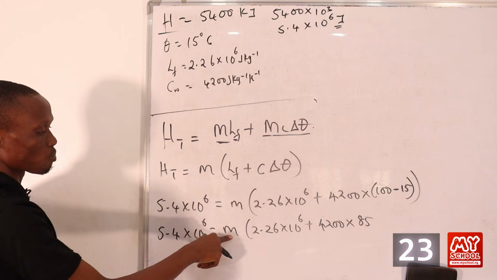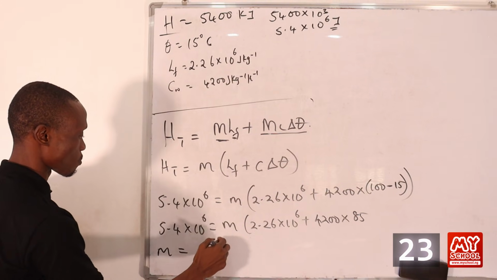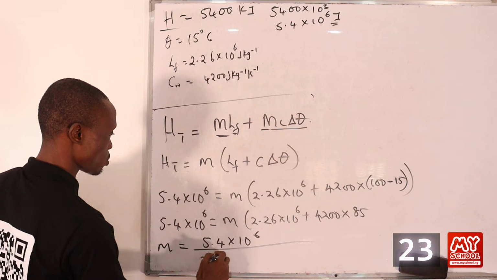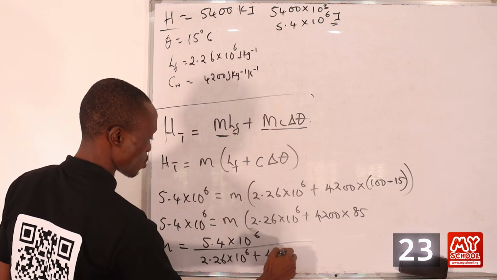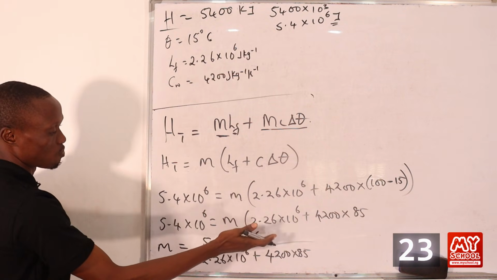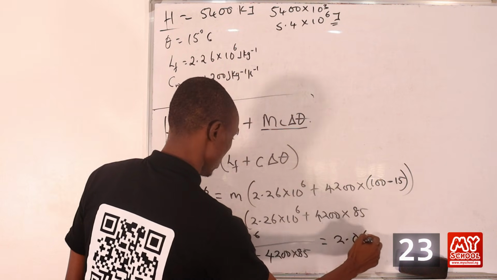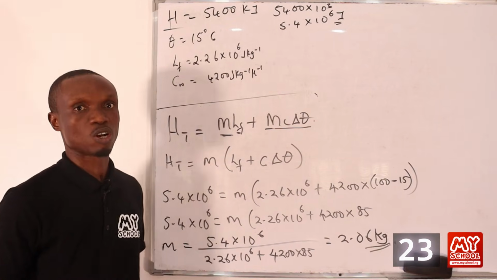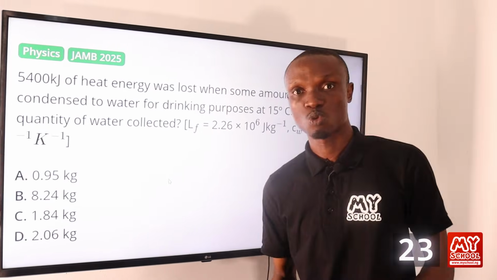Since we are looking for m, we just make m the subject of formula. So we have m equal to 5.4 times 10 raised to power 6 all over 2.26 times 10 raised to power 6 plus 4,200 times 85. If we divide the numerator by the denominator, we have 2.06 kg. So this is the mass of water. Let's return back to the screen to pick the correct answer to this question, and that is option D,